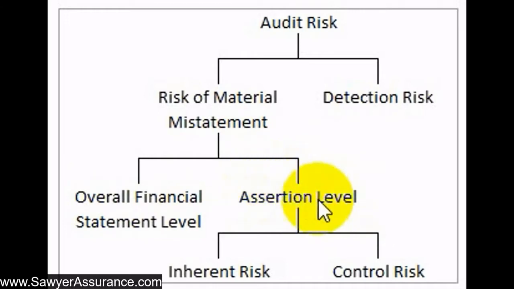And so this assertion level is composed of inherent risk and control risk. Inherent risk is the risk that's naturally inherent in these particular accounts or classes of transactions based on maybe how complex they are, how much subjective decision making there needs to be done in determining their values. And there's also control risk, which is the risk that the company's internal controls would not detect or prevent or correct misstatements that are in the financial statements. So that's how all this comes together.